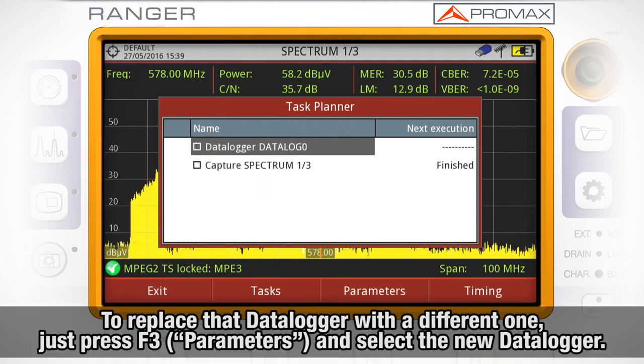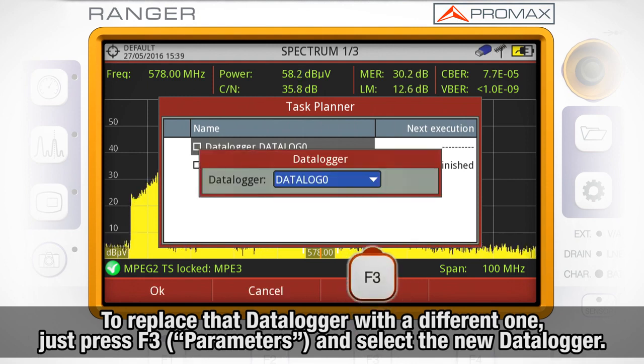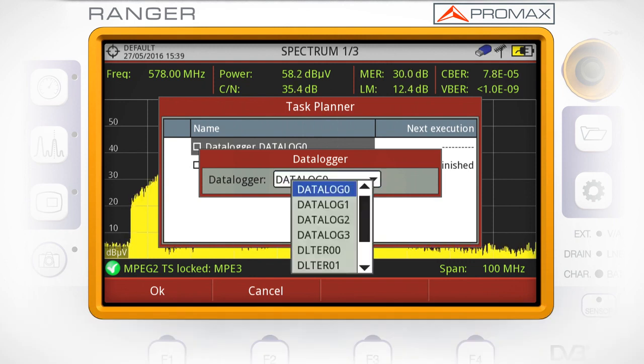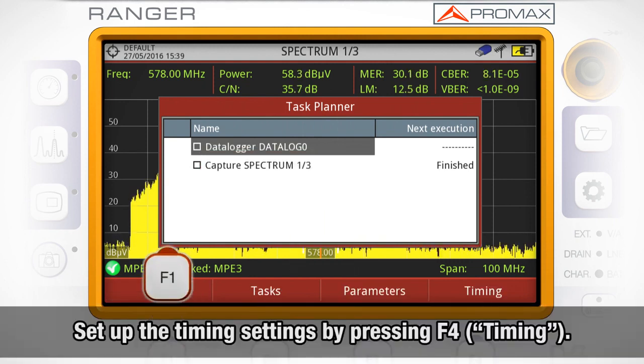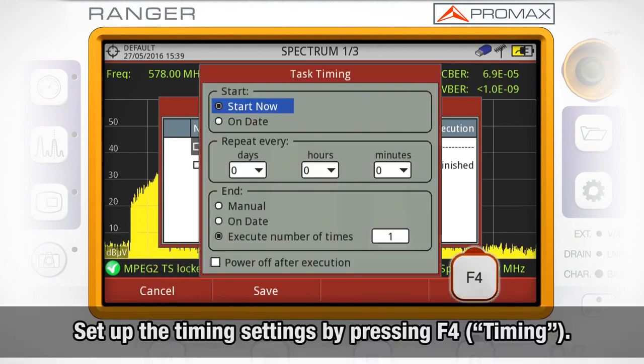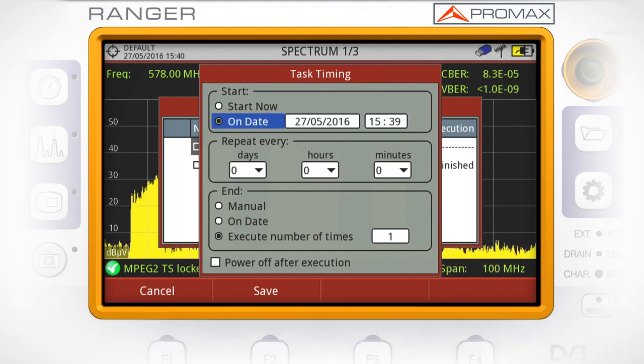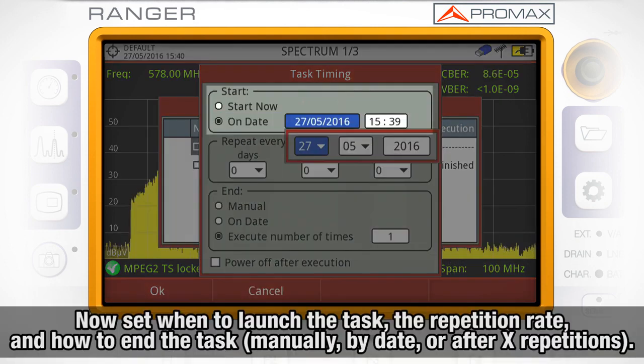In case we wanted to replace that data logger with a different one, we just need to press F3 Parameters and select the new data logger. If we press F4 Timing, we will open the timing settings. Here we inform the meter when to launch the task,